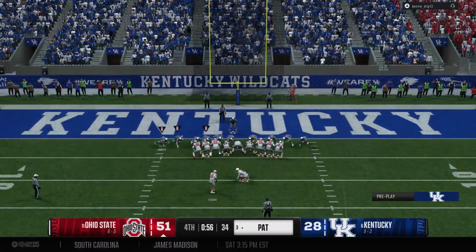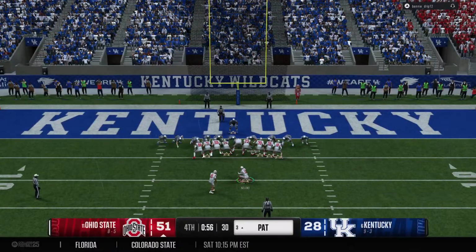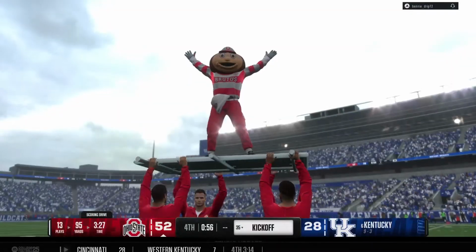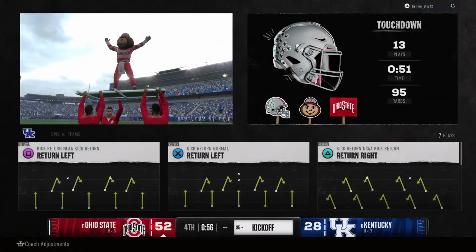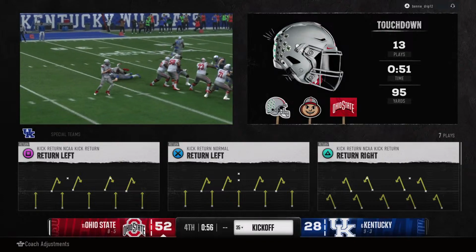Yeah, he's done everything that's been asked of him and more. Just a great job of getting into a rhythm. Really tough to defend. Right now, the defensive coordinator, you can see him down there. He's throwing his headset. He's frustrated. He's got to come up with some new wrinkles to try to slow this guy down. Point after, up and good.